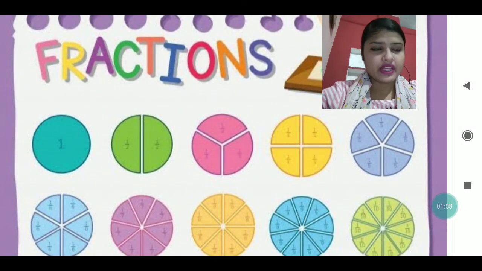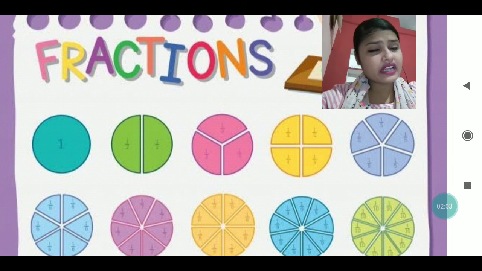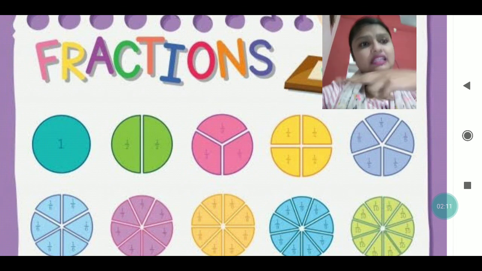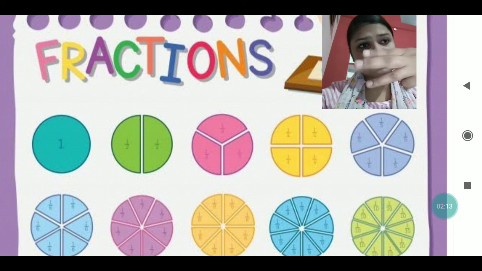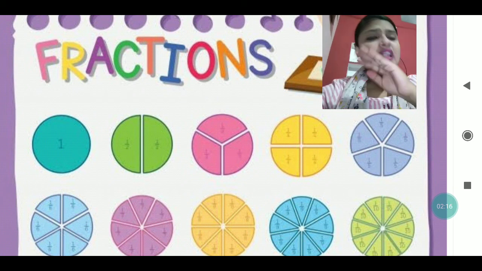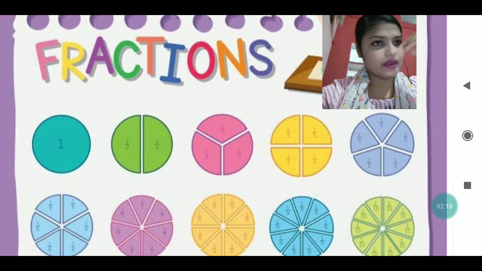As you can see, there are some circles I have drawn. The first circle I have not divided, that is the whole circle. Next, in that particular circle I have divided it in two parts. Then the third I have divided in three parts. In the same way, the fourth I have divided in four. Like this I have carried on, dividing the whole circle into different parts.